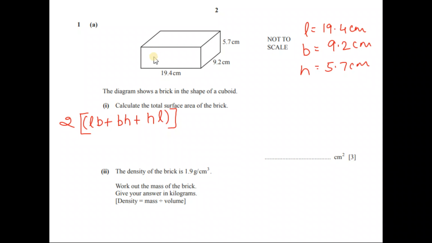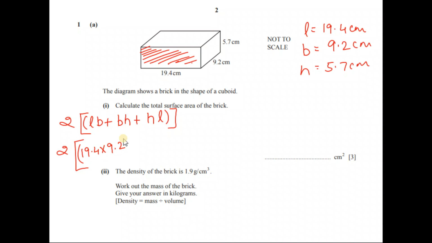Okay. If you know the formula, it's well and good. Otherwise, it would be pretty much lengthy. You have to figure out area of each and every face and then you have to add it. Okay. But we are not going to do that. So directly we can do it. So it's 2 times, we can see length times breadth. So it is